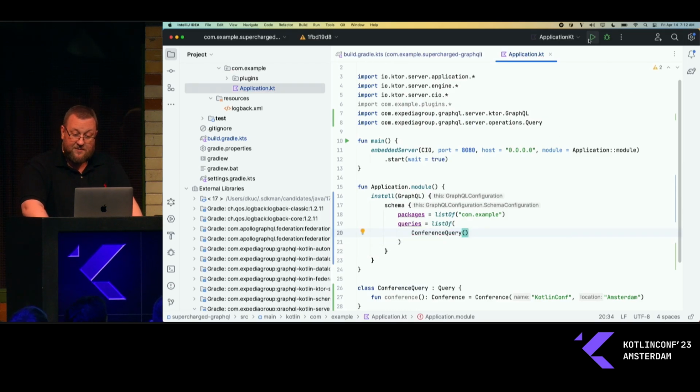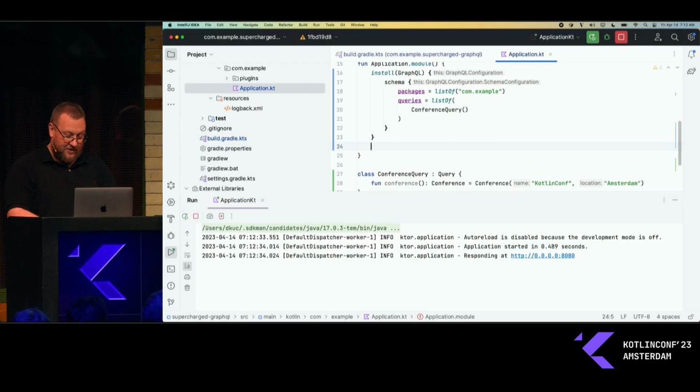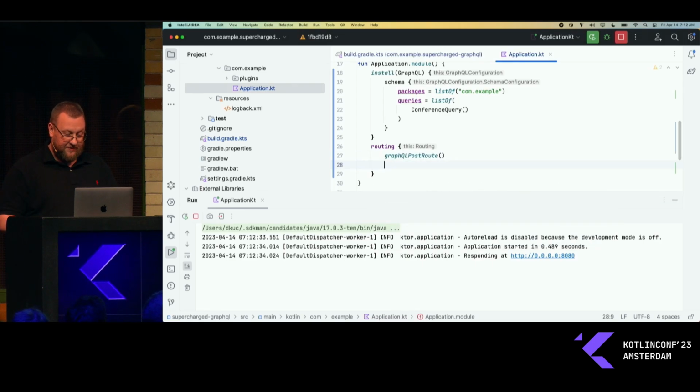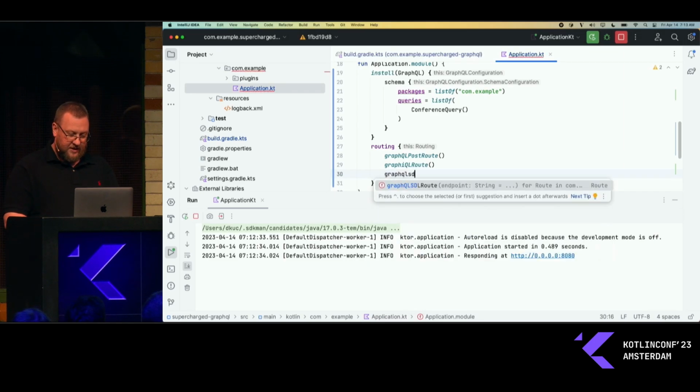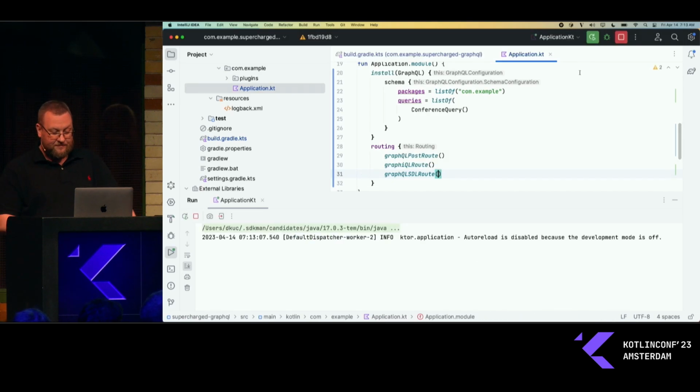So now if we start up the application, it's actually not going to work because I forgot about one thing. We also need the routing there, because how do you actually want to accept a request? So we need to configure the routing. So let's add a routing plugin as well and configure some routes. So we need a post route to accept the post requests. Let's add the GraphiQL route to have an IDE as well. And for convenience, let's also add an SDL route to actually see our schema. So now if I restart it,